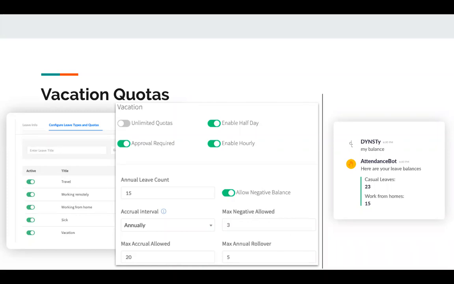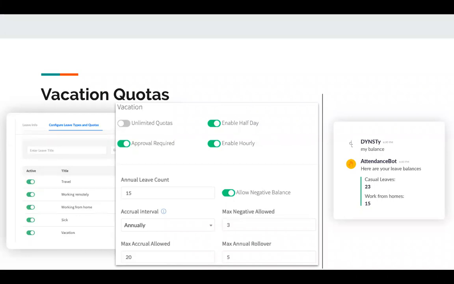What Attendance Bot can also do automatically is that most of us have approval rules related to specific vacations. So Attendance Bot can handle approval rules and vacation quotas as well. So you can have different offices within Attendance Bot, and you can have different approval rules for different offices. You can also have different vacation quotas associated with different leave types. So if you want to go ahead and put in a quota for vacation, sick time off, maternity leave, paternity leave,